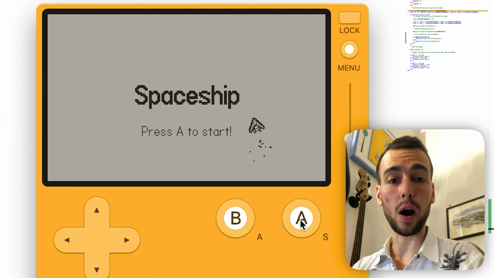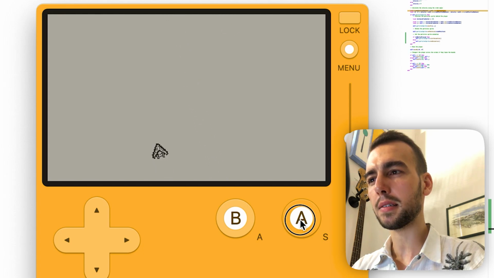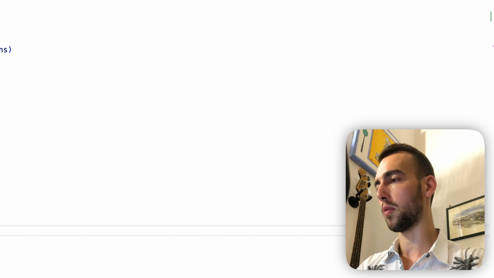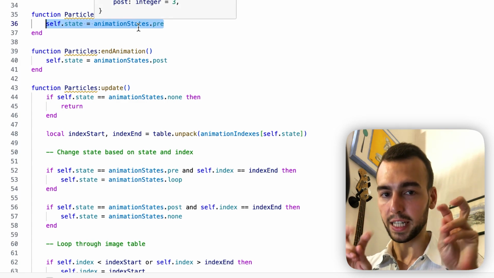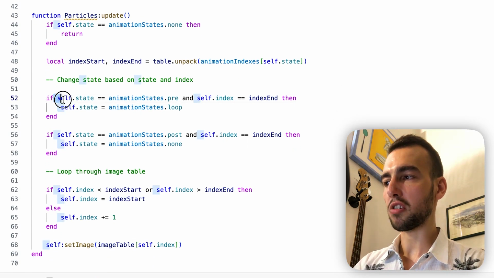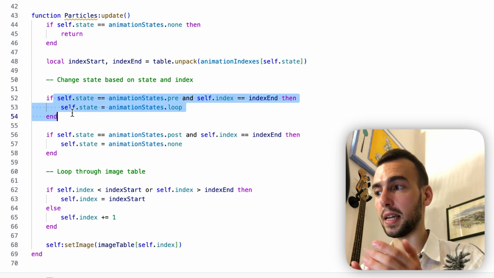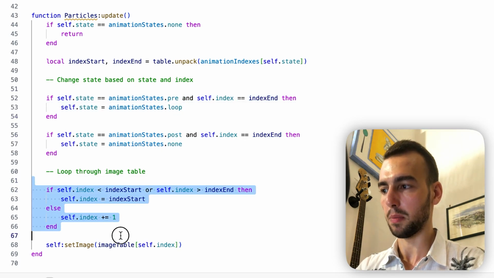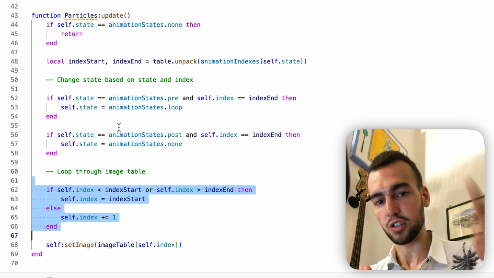Okay, so as you can see, we're already getting it wrong. And if I press, then you can see that it seems to be a different animation. So I think we're getting something right, but let me lead you guys to what we're maybe missing right now. So this start animation sets the state to pre, and remember that there's a transition that basically goes smoothly from pre to loop, which is the second state, and then once you're in loop, there's no switching state anymore. It's just gonna keep looping. So ideally we want it to go through pre once and then go to loop and then just keep looping